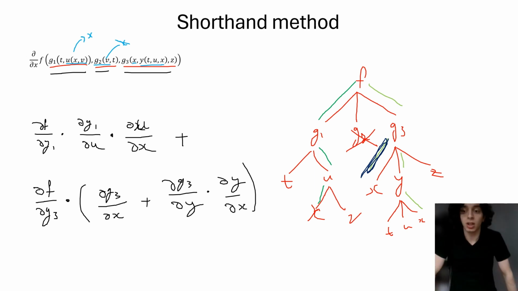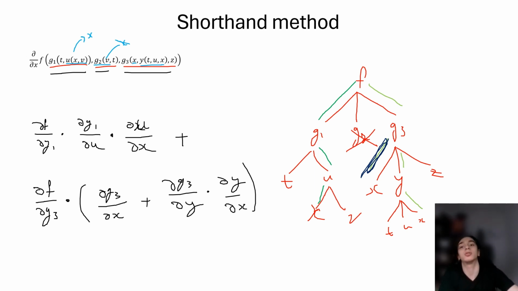Some notational messes come from our use of notation, which is why I'm going to rewrite this one to be a little more specific. This isn't day G3, day F anymore. It's going to be the partial of G3 with respect to its very first component specifically, not with respect to X. So let me clear things up with this D1 G3,